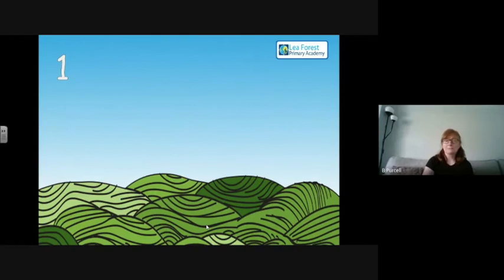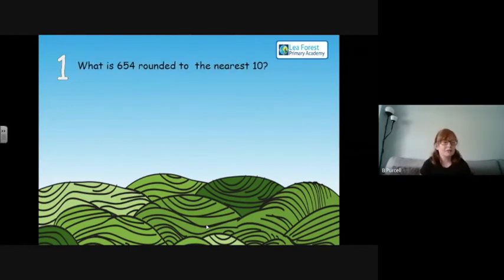Question 1. And remember, this is all of our learning, so it's not anything new in there. There isn't a 35% or 25% or a 65%, because I think you need probably time to compute that information. What is 654 rounded to the nearest 10? And I will only accept correct answers first time. I needed to find my timer. So I think probably